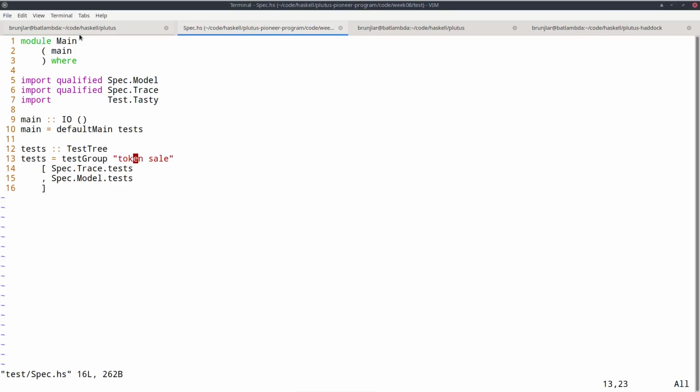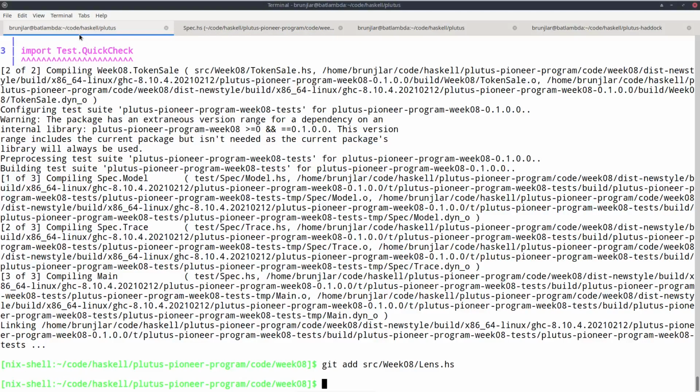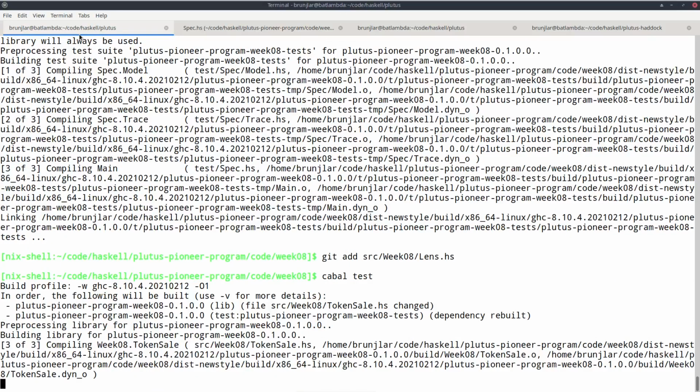I can again provide some name and then just uses the tests we defined for the emulator trace and the test we now defined for the model. And all of this can then from the command line be run with cabal test. If we do that, then after compiling, it will run all the tests. So in our case, two, the emulator trace test and the QuickCheck test.